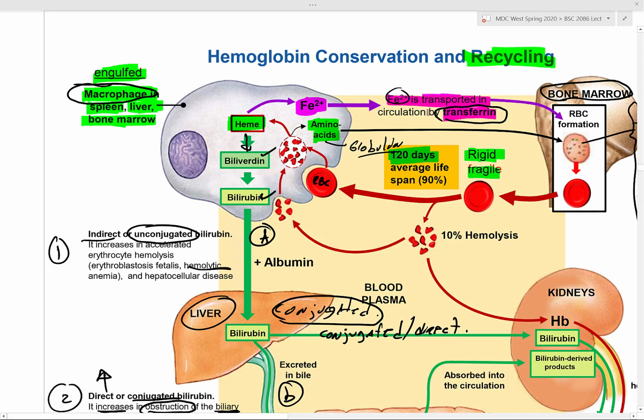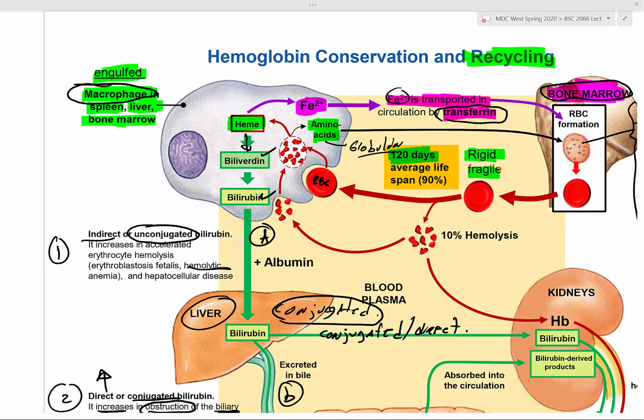We're going to talk about that later. Transferrin is like a car that just drives iron. So it transfers all that iron into your what? Into your bone marrow. Your amino acids are going to be used by your bone marrow. Wait, so I'm using again my iron and my amino acids to make a brand new red blood cell? Yeah, that's why I said you are the biggest recyclers in the world, the best ones. We are. Okay? So we recycle both the amino acid and the iron.